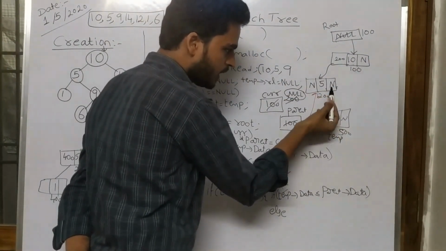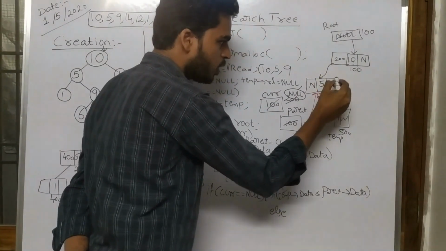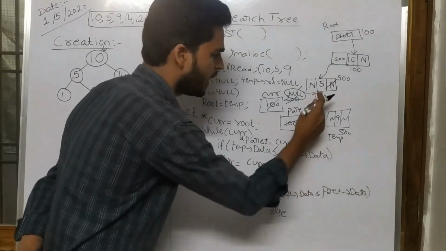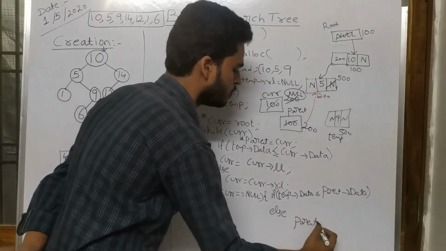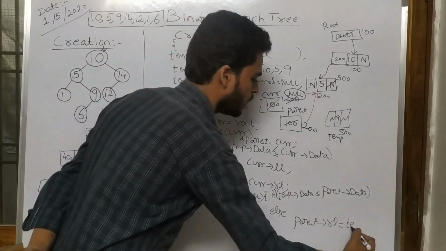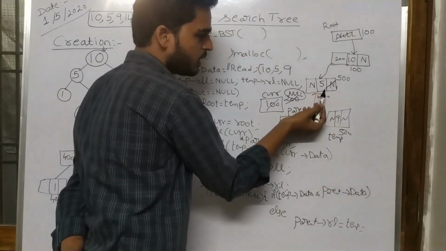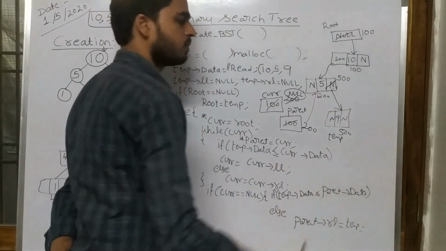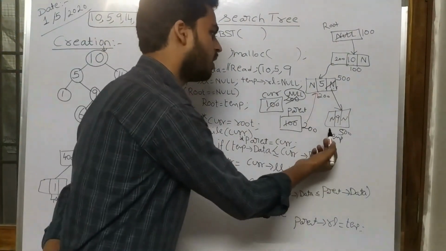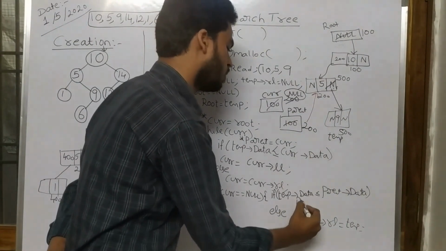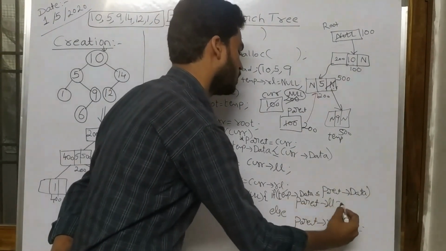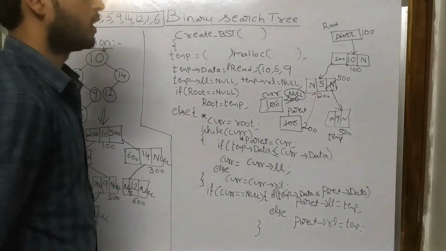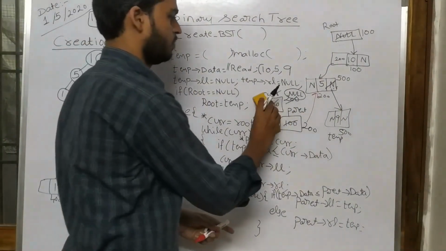If you want to make this insertion to the right side of this one, you need to make modifications. What all I need to modify here? 500, right? So how are we going to move to this location? You can simply write parent tends to right link equal to temp, so that parent is this one, this right link is null, and that value is replaced with the temp value, so that it will be connected like this. If it is, for example, the value 4, then what am I going to do? Parent tends to left link equal to 10. Parent tends to left link equal to 10. Okay, fine. Once again we will see, don't worry.